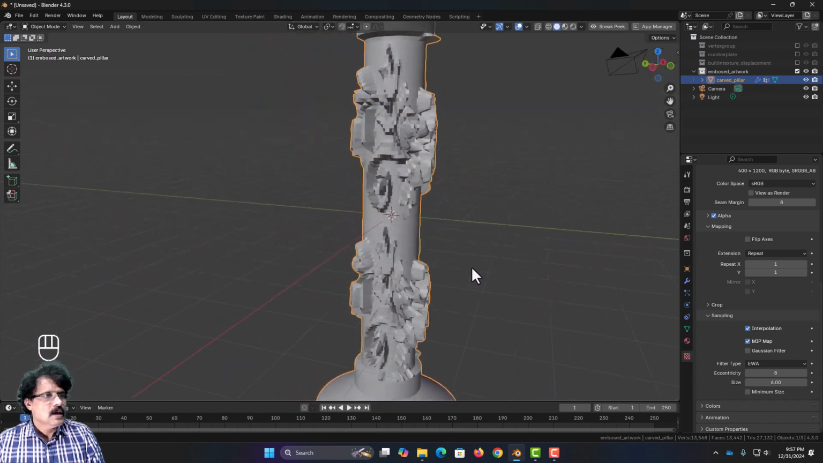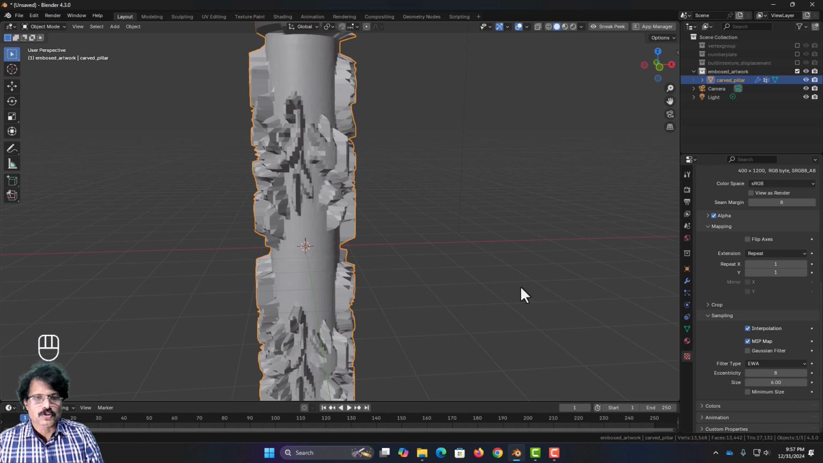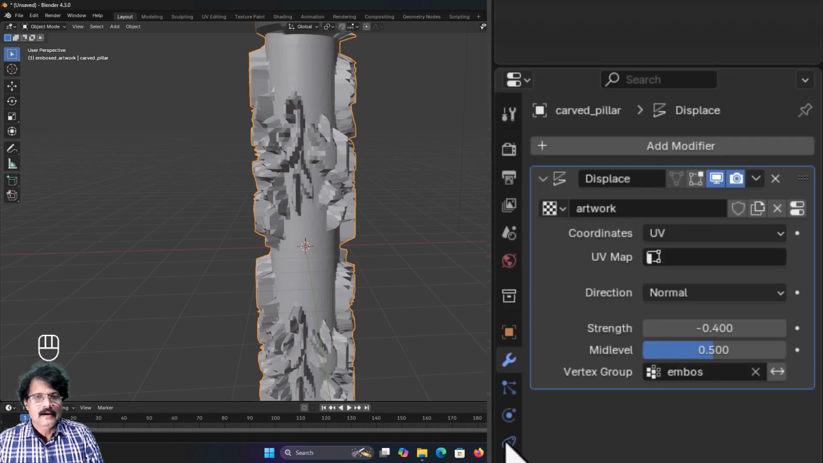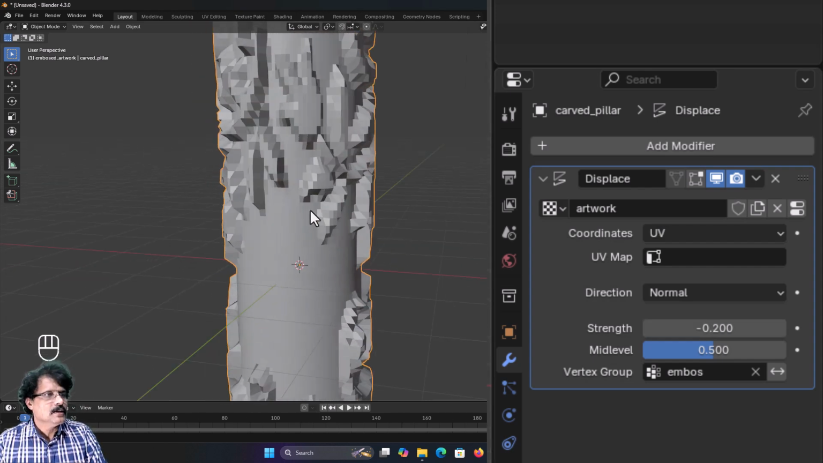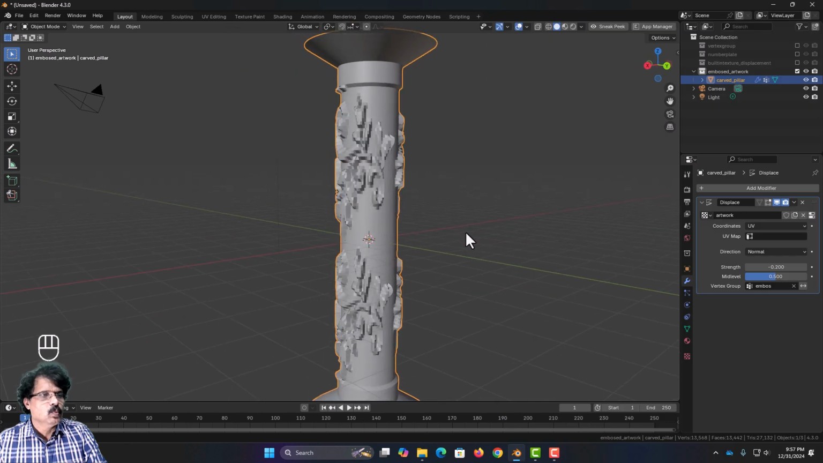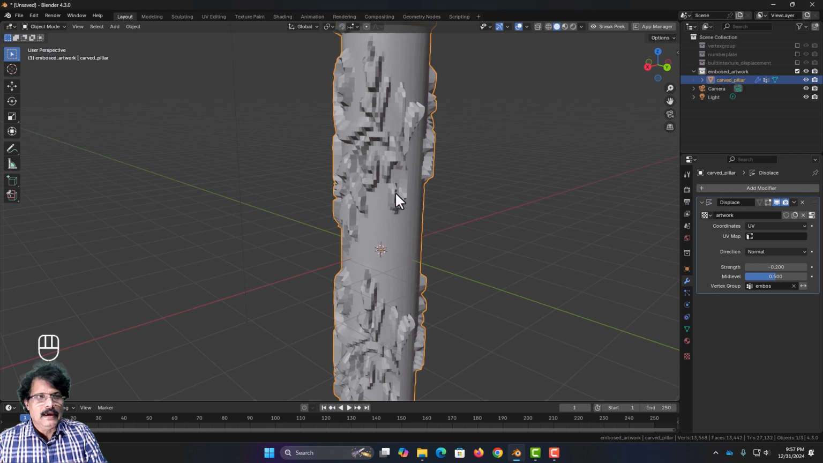you can now see that this embossing is appearing like this. See, you can see the emboss. I can come into the modifier and I will set this a little less, -0.2. I will set it to -0.2,